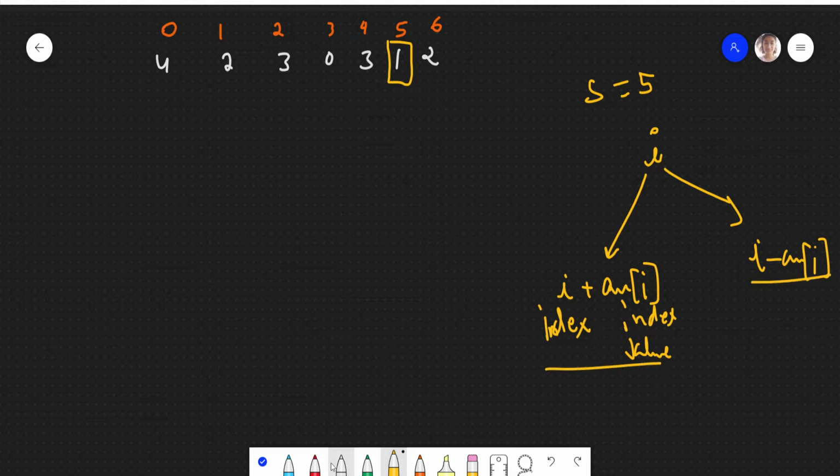So we have two choices. From a particular I, we can either go this way or we can go this way, right? So when you have choices, we can use recursion.